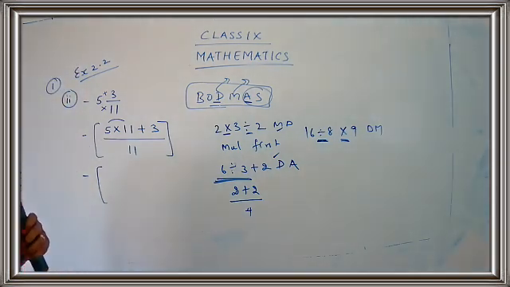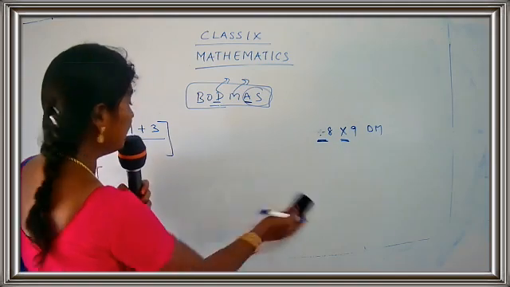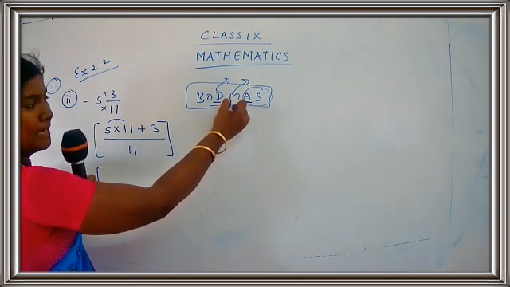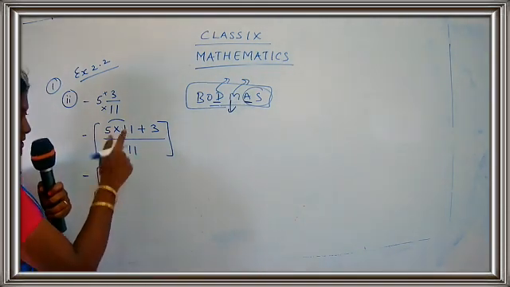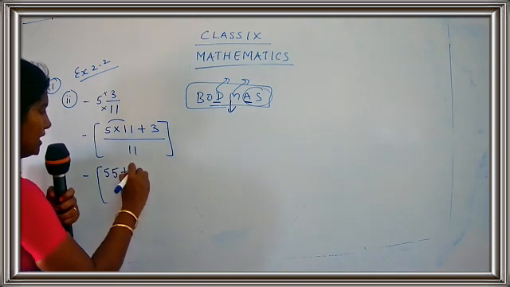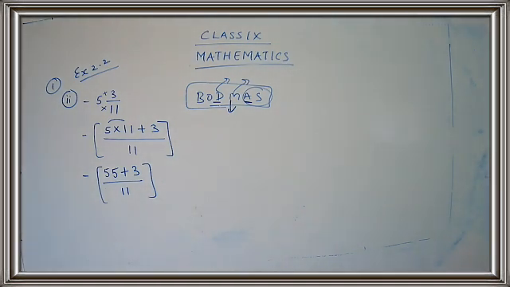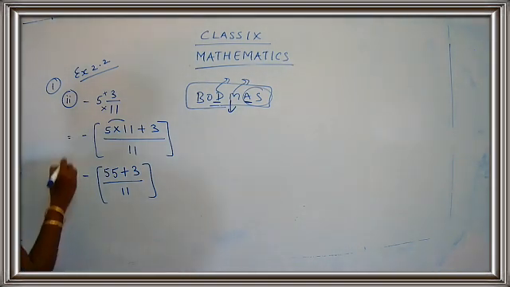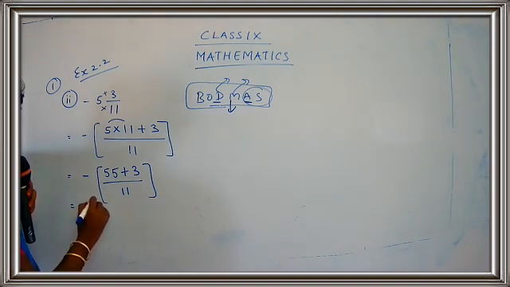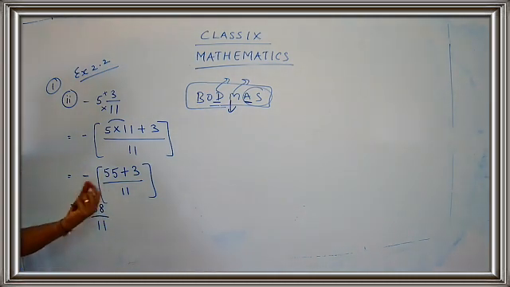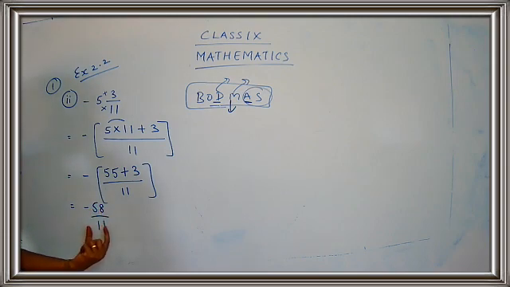Okay children, shall we start with the sum now? Here you have a multiplication and an addition. So we know that between multiplication and addition, first the multiplication should be done. So 5 into 11 is 55 plus 3 upon 11. What is that? 55 plus 3 upon 11. Let's go for the addition of the numerator part, children. What do you get there? This is equal to, I'll just put the equal to sign, minus of 58 upon 11. I'll just remove the bracket because I have simplified the value. So I get 58 upon 11.